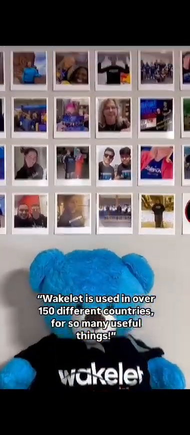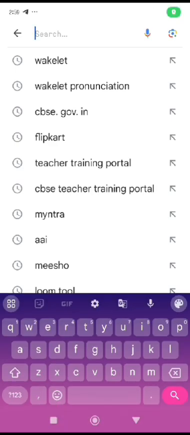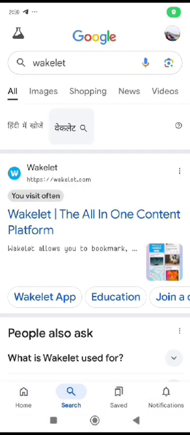For this, today I will use the Bakelite tool. For that, we have to search Bakelite tool in Google Chrome or Google. As you can see here, the Bakelite option is there. Whenever I click here, we'll see which type of dashboard will open. Here, as you see, one dashboard will open.